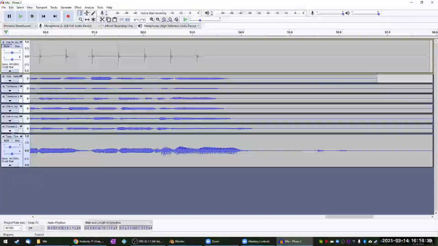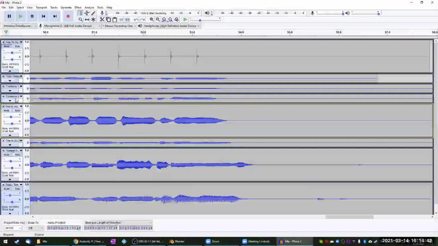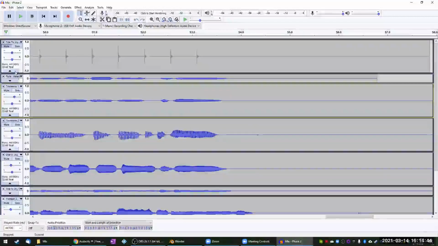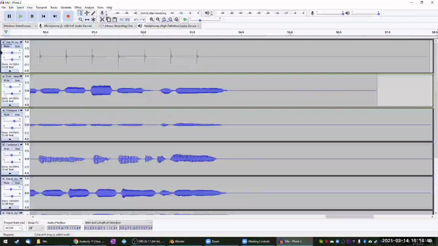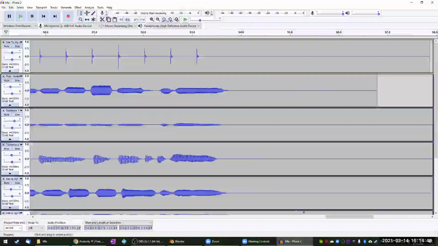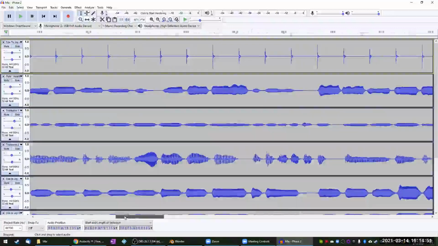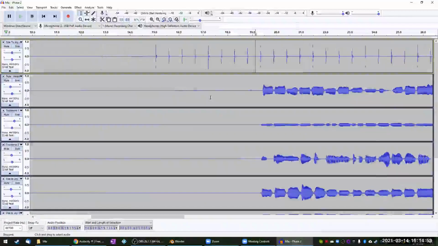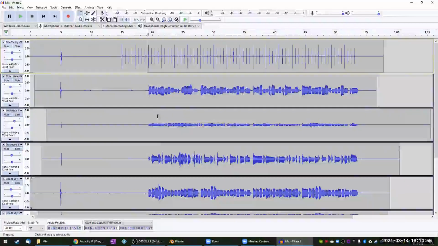There we go. So everybody's sound is in here. Everything is lined up and ready to go. I even still have my click track up there, but it's currently muted. But I can bring that on. And then again, I'm going to use Control and the mouse wheel to zoom out.